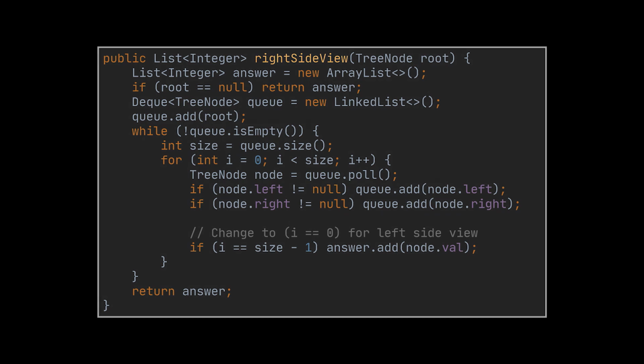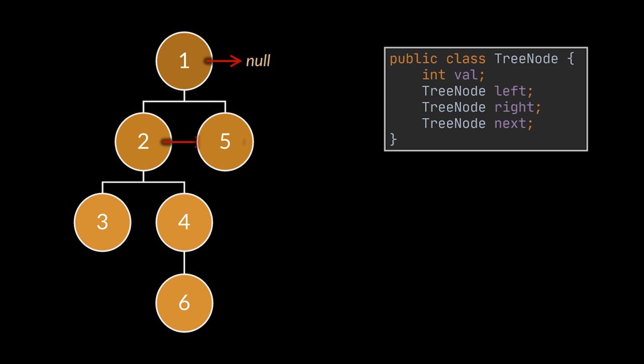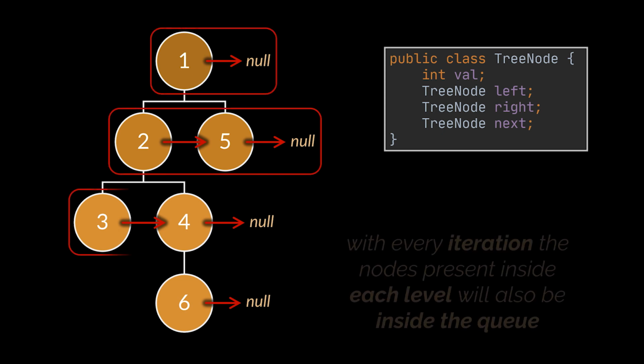Okay, after solving this problem, the interviewer might choose to scale things up and modify the node we are currently making use of by adding a next pointer to it. What we need to do now is make use of the same level traversal technique to populate each next pointer to point to its next right node. If there is no next right node, the next pointer should be set to null. Notice the levels we have in this example.